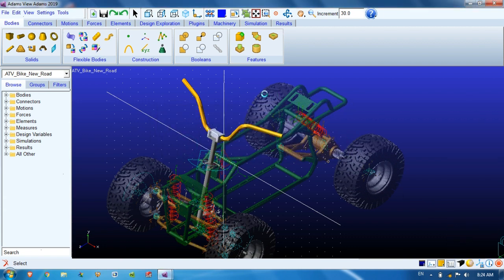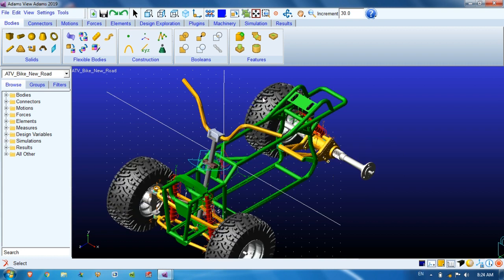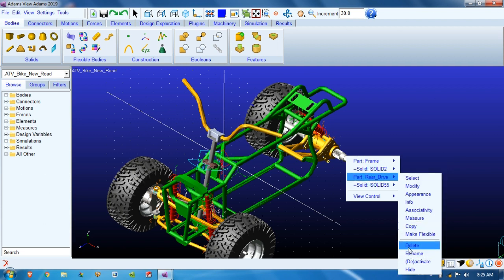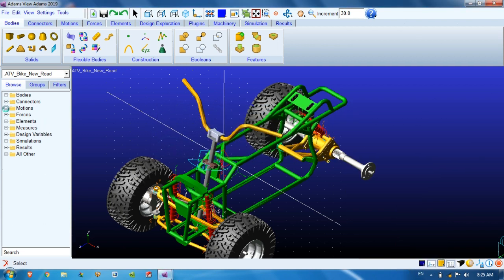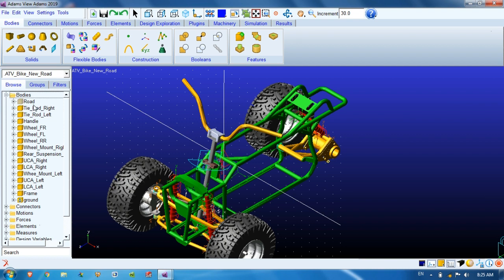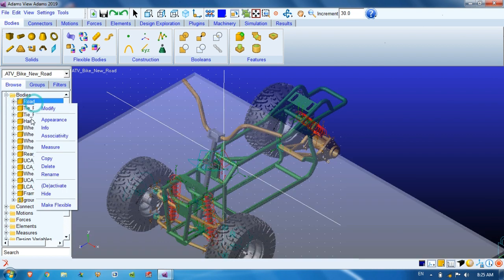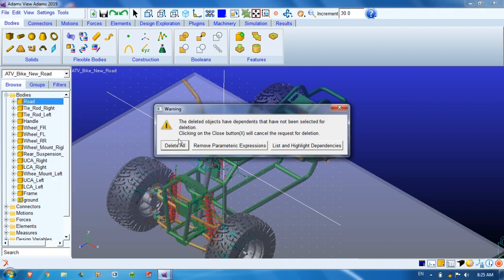It will delete all the joints and constraints associated with these parts. Then delete these parts also, keep the frame. Or you can go to the model tree and delete this road.